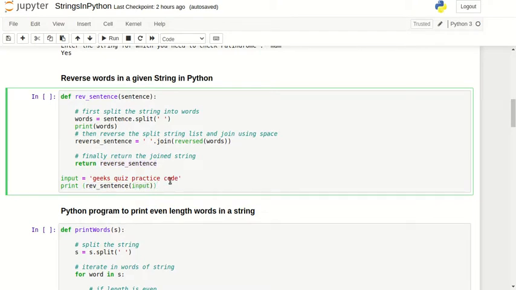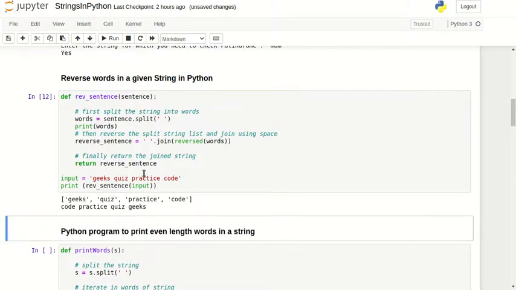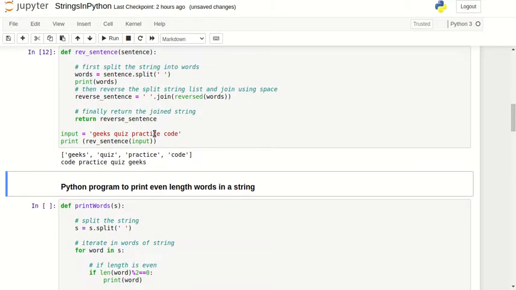So we will have our reverse words of the given string, which is geeks quiz practice code. We will have the output as code practice quiz geeks. As you can see, code practice quiz geeks, and this is the list. Words is the list which we have when we split the sentence by spaces.